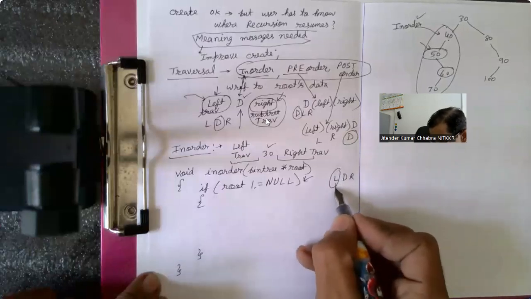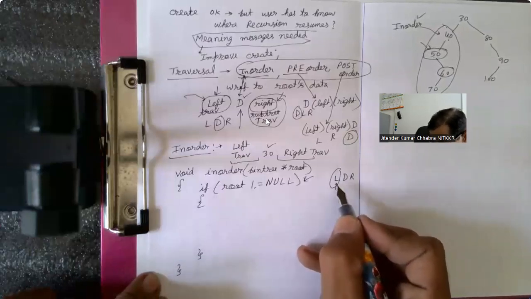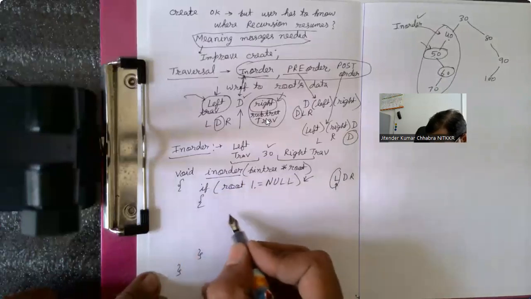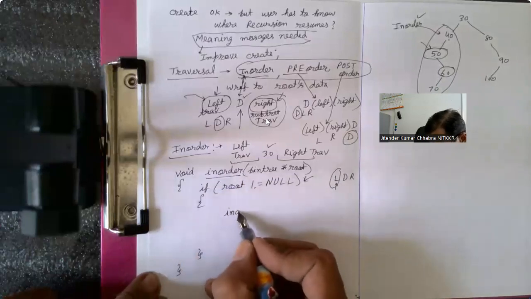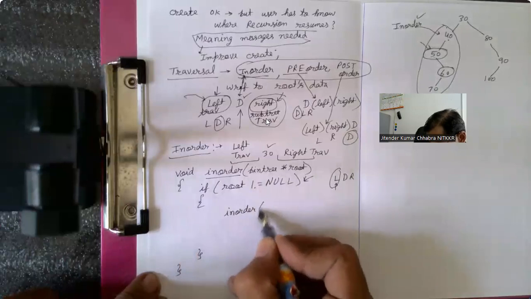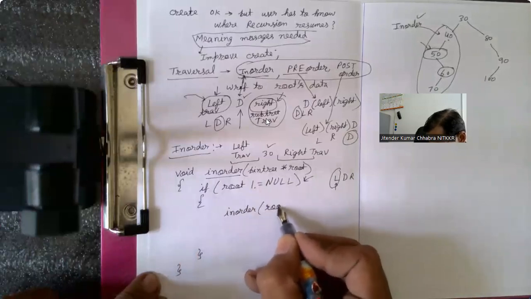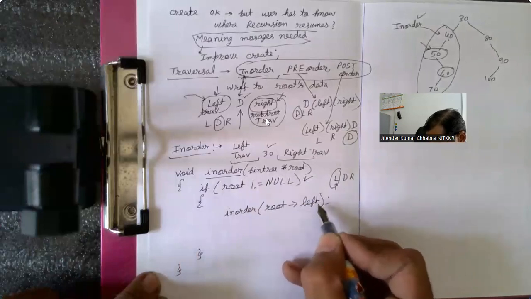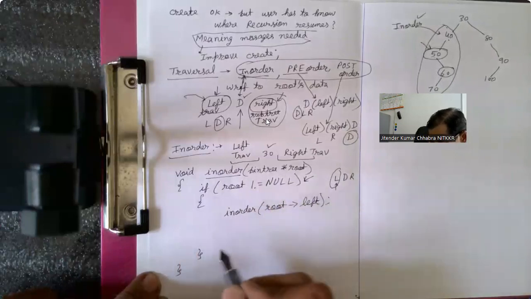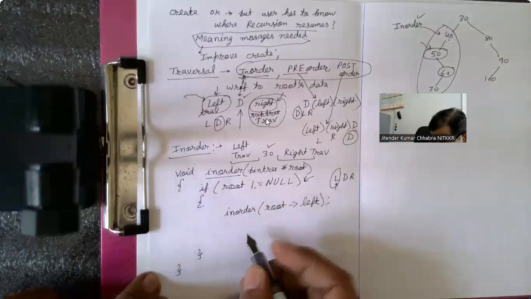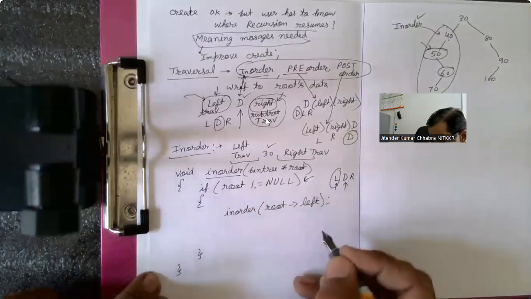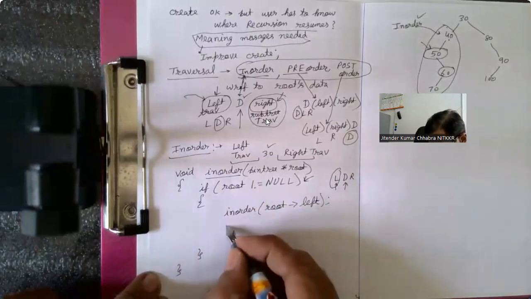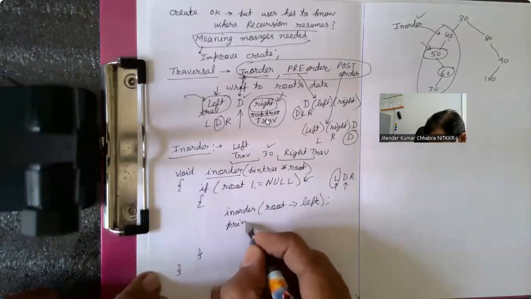Left traversal recursively called means inorder to be recursively called. So I will call inorder with root arrow left. Left traversal means this is an inorder traversal over the root's left node. Similarly, next is data to be printed. It is a non-recursive call, so it will be printf